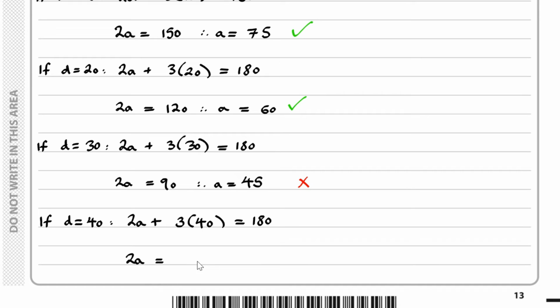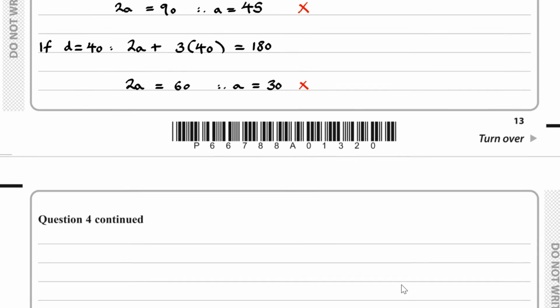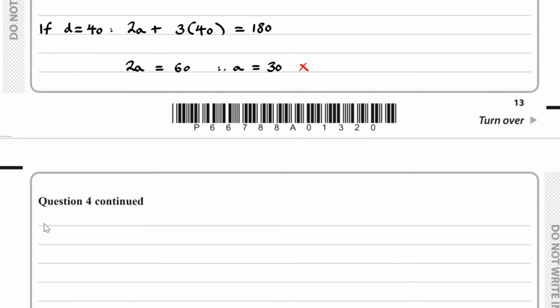2a, that's equal to 60, and therefore a is equal to 30. Again, we're not going to use this. We want a to be greater than 50. And finally, if we try d equals 50,